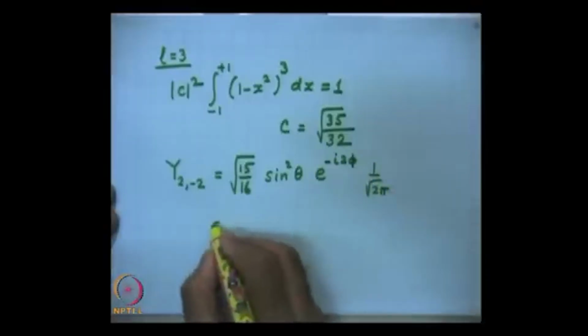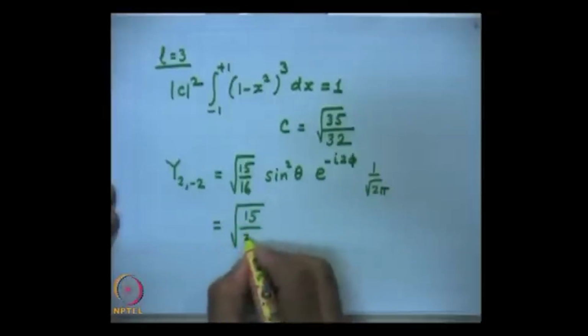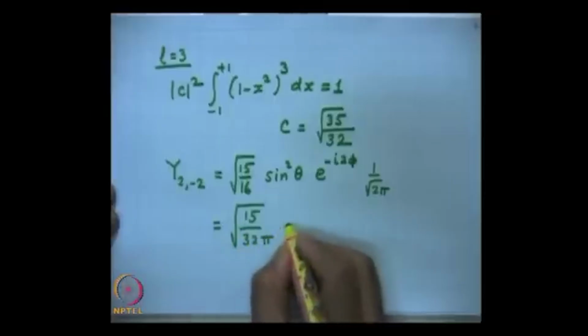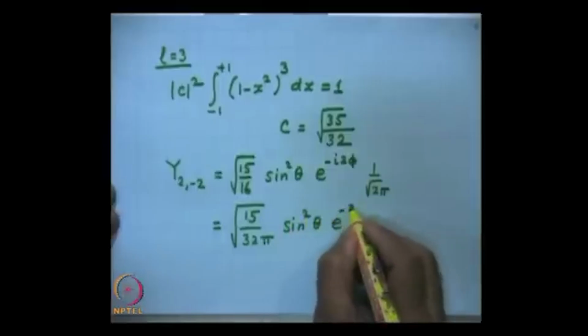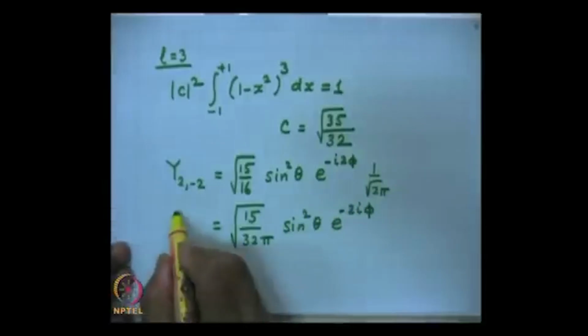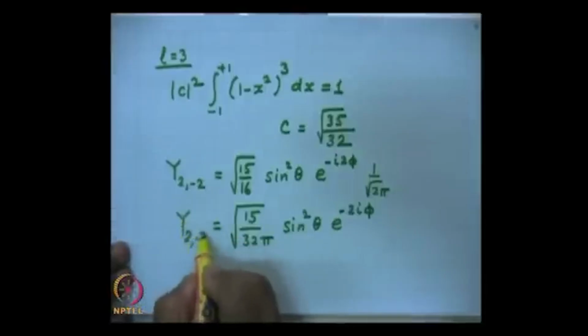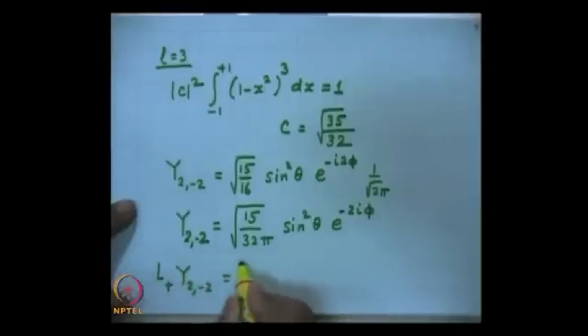So, this will be equal to under root of 15 by 32 pi sin square theta e to the power of minus 2i phi. So, this then is the expression for Y 2 minus 2, and then we had the expression that L plus Y 2 minus 2 will be under root of